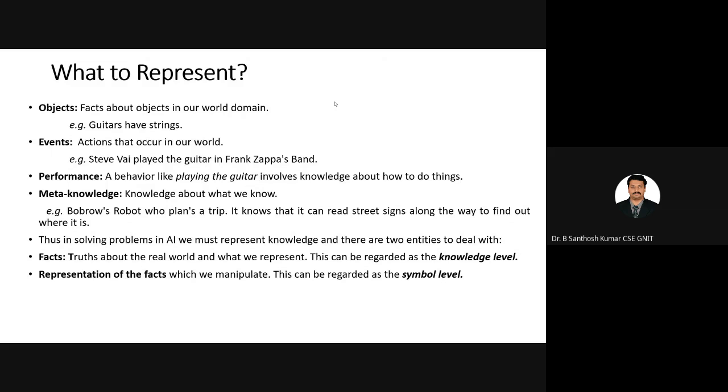So for that, it will avoid it. And sometimes if any roads are damaged, they give some signals, like take diversion. If the robot senses that information, take diversion, it means it will automatically divert, either to the right side or to the left side. That is all about the meta knowledge.